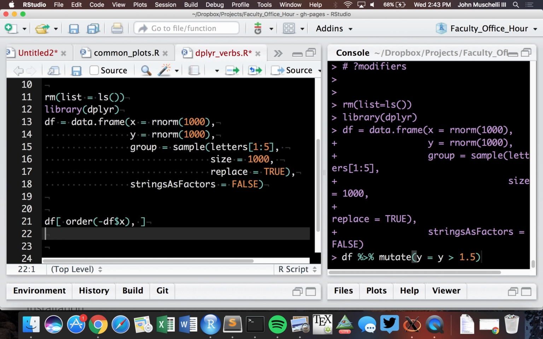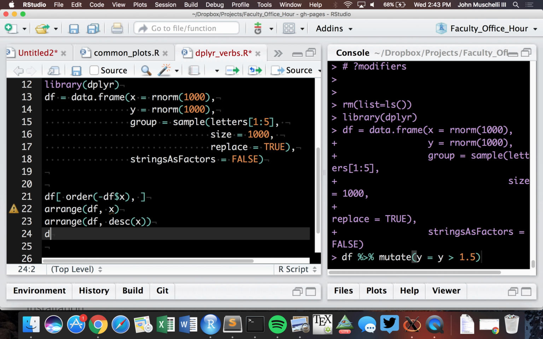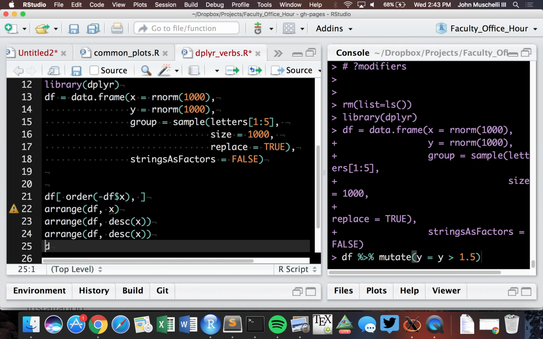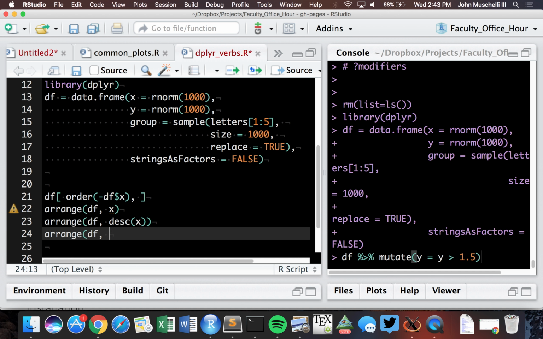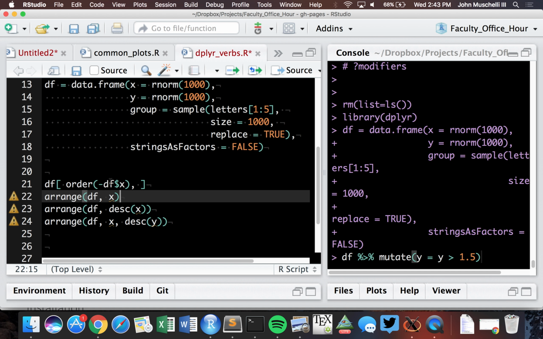So this is the same thing. And how do I do it? Let's say I want to do that. We'll go through each one of these. So that's ascending on X, descending on Y. Exactly. Secondary sort descending on Y. Okay, that's beautiful. It's interesting because I've taught my students this order thing, but this is so much more